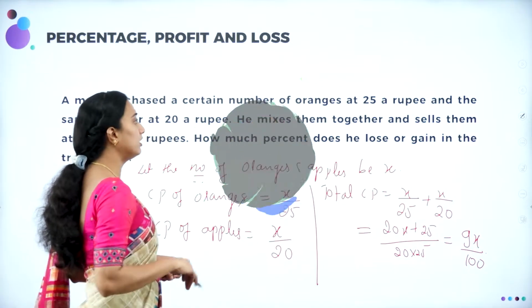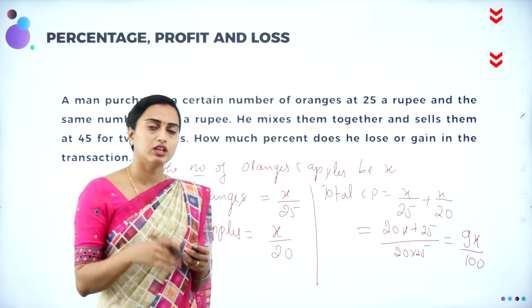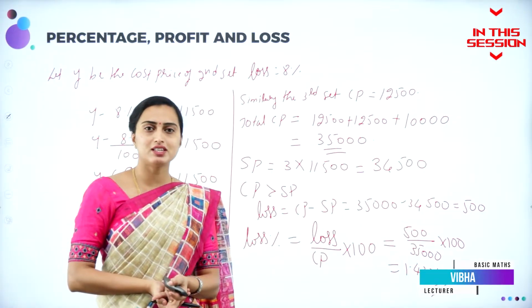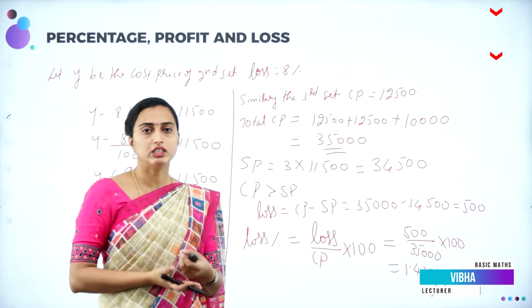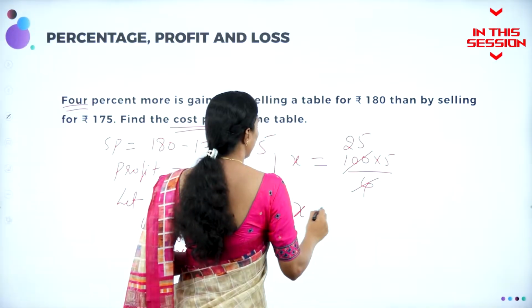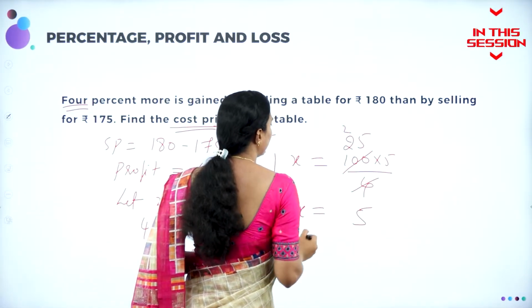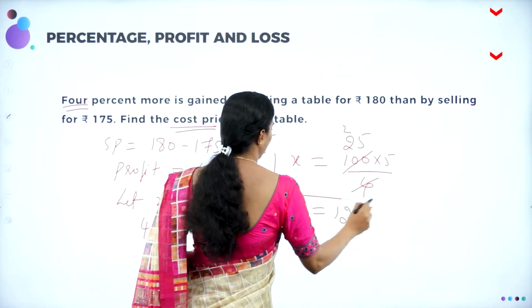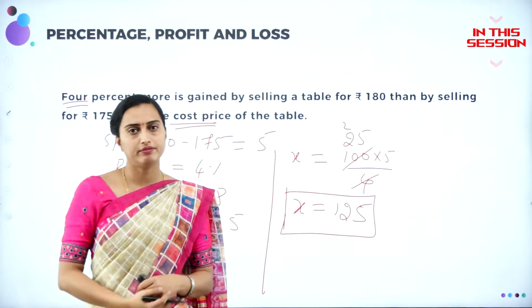Here they have not given the apple. I'm going to consider let the other be the apples. You can consider any fruit you like. So I have taken here first set cost price is X, second set is Y. Accordingly, I have taken given question conditions. So X will be equal to 5 5s are 25, 2 5s are 10, 10 plus 125. So X, the cost price, will be equal to 125.